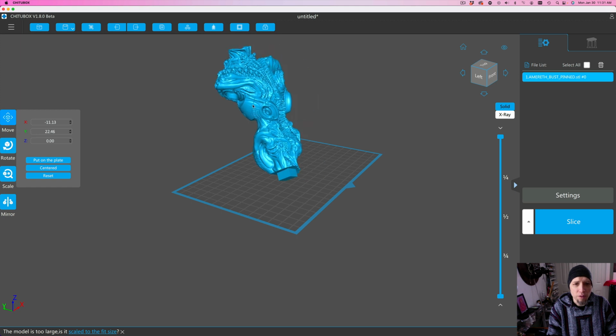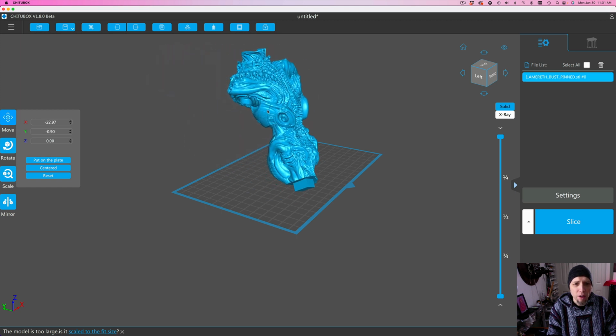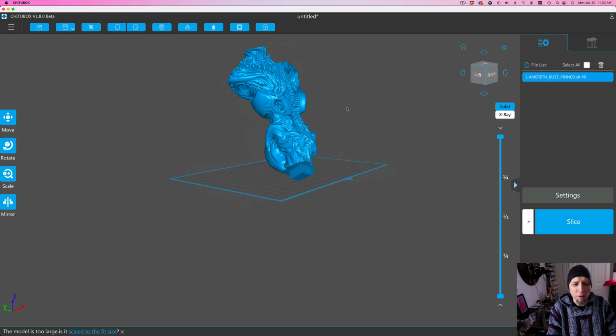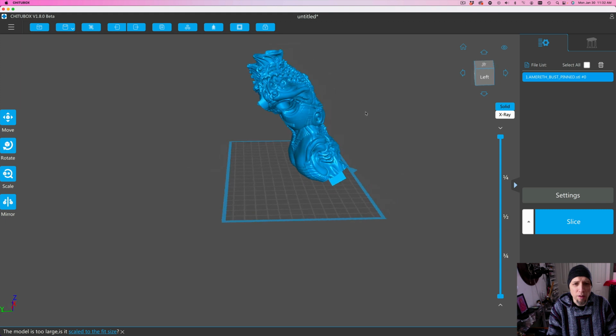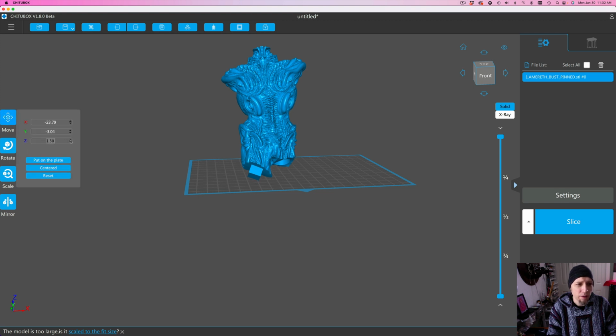I mean, you can also just click, hold, and drag. But when you go into the red, you're obviously out of the bounding box area. So the first thing I do when I bring it up is make sure I have it in a good orientation that's going to print well. I kind of like to have it printed on the side, and I also don't like it touching the bed, so I will, this z-axis is the bottom, so I'll raise it to like